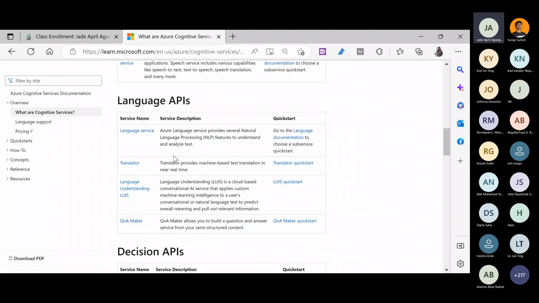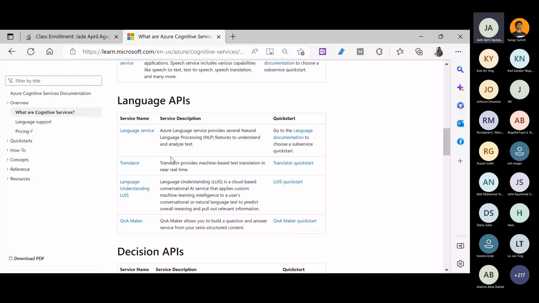It's a cloud-based conversational AI service that applies custom machine learning intelligence to users. It uses conversational or natural language text to predict overall meaning and pull out relevant information. For example, it would give you an understanding of the text, or of what language is being used.